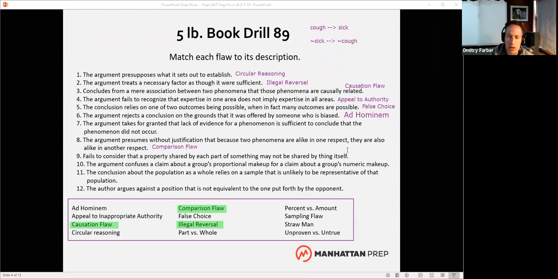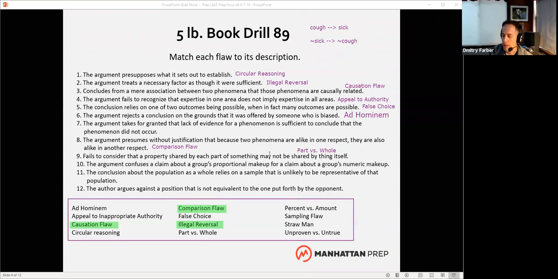And although part versus whole by itself, you might not think of as the most common, if you combine it with the next two that just happen to be in alphabetical order, percent versus amount and sampling, these are a lot of statistical flaws. And as a group, I'd say they're very important. I had one student who was tracking in the 170 range and ended up having to retake. And one thing we noticed was